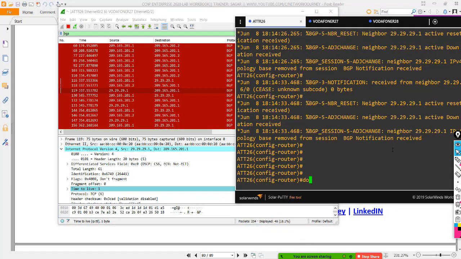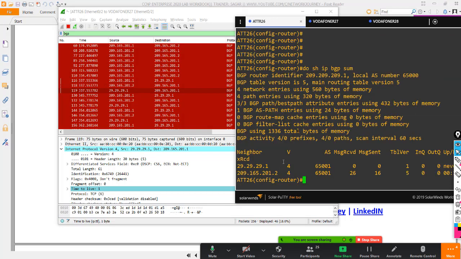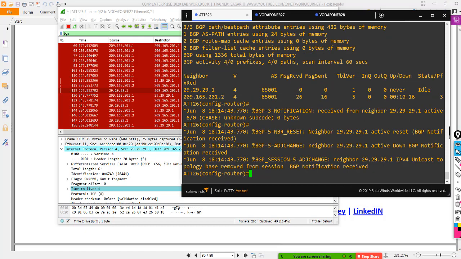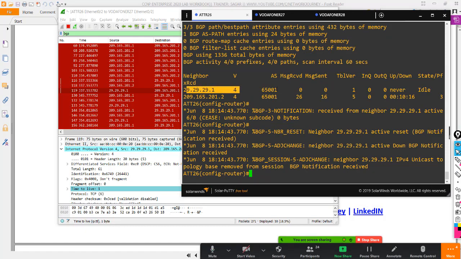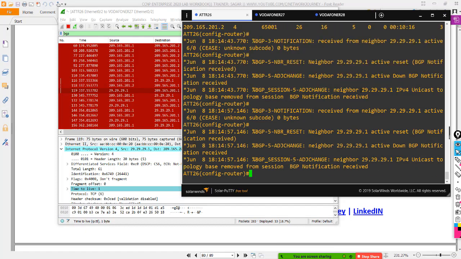So if I see my neighbors now, you will see there is a neighbor relationship with your loopback, but unfortunately you have not created multi-hop on router number 2. That's why they are not going to have a happy neighbor relationship. Okay, so what is happening is, from one side you are reaching till the loopback of the second router.